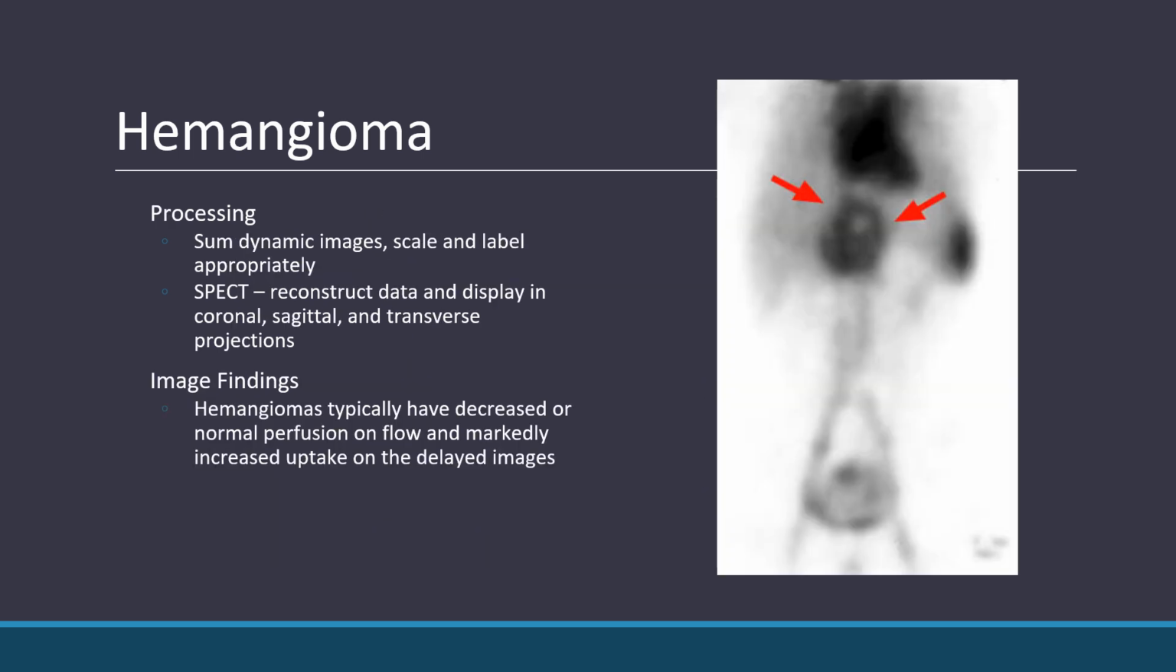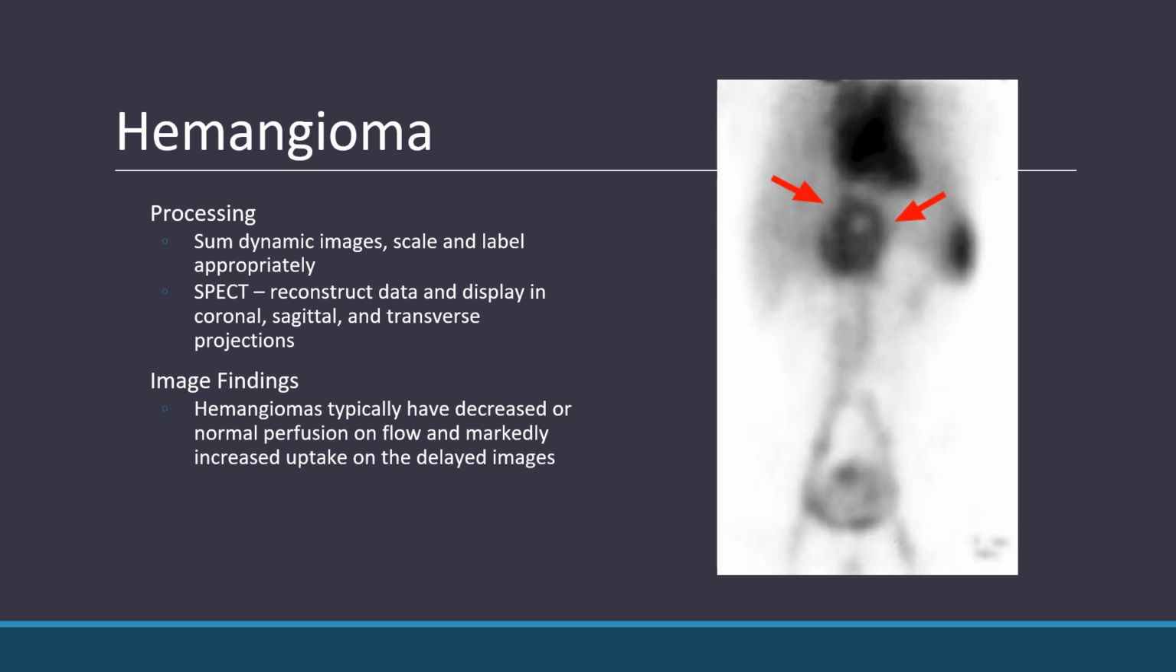So the processing, you want to sum the dynamic images. You did do that flow of about 1 second per frame. So you could sum those to 2, 3, or even 5 seconds per frame, scale them, and then label them appropriately. If you did a SPECT with it, you'll reconstruct that data and display it in coronal, sagittal, and transaxial